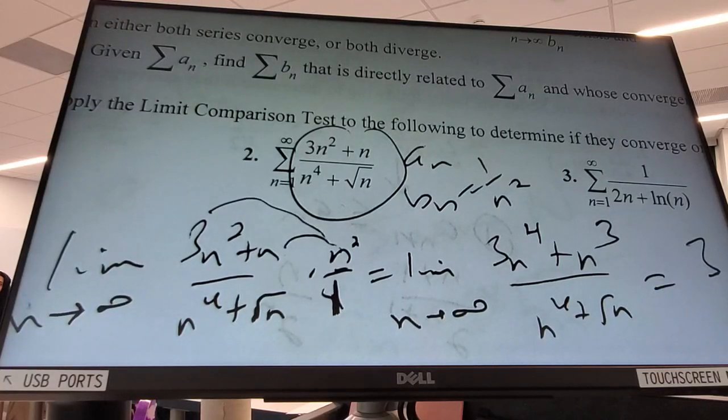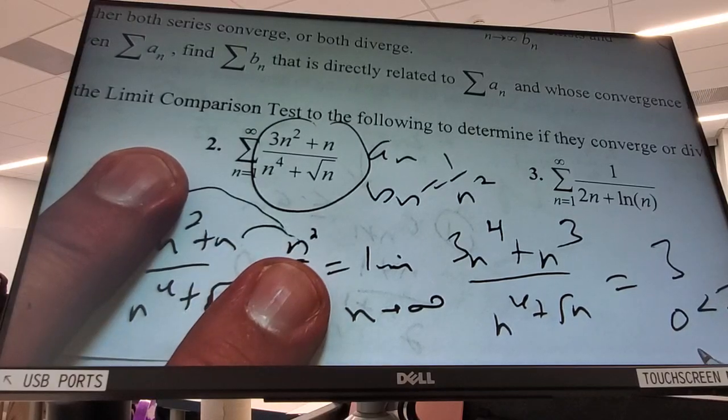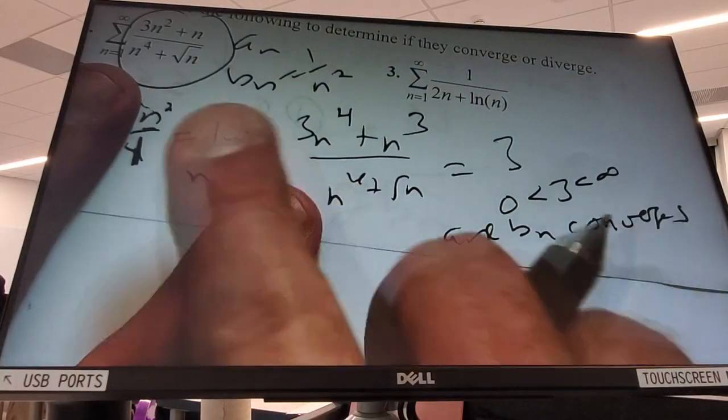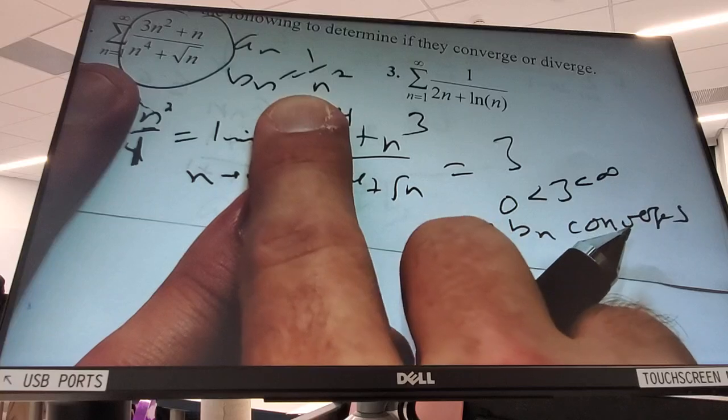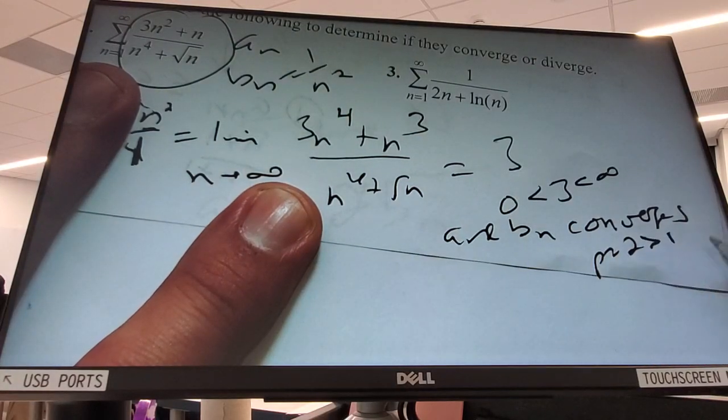This is between 0 and infinity, and Bn converges. Why did Bn converge? Because p was 2, which is greater than 1. Then